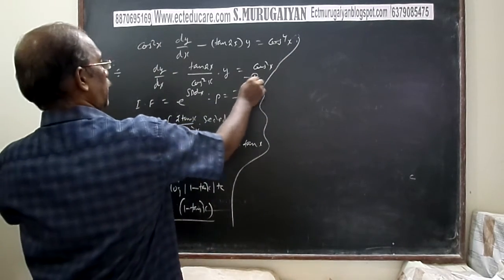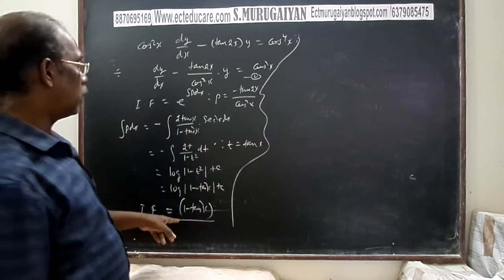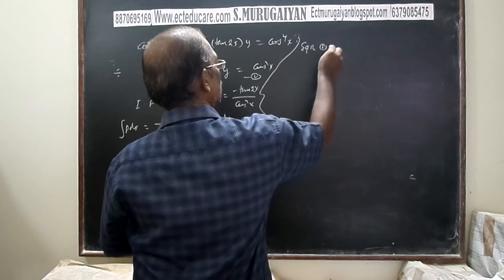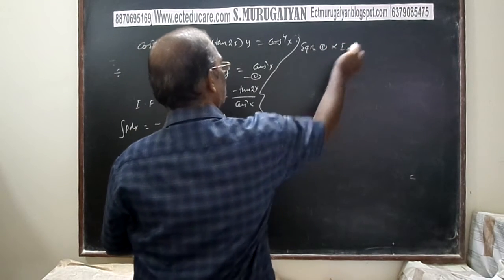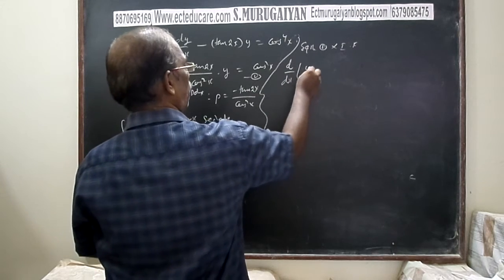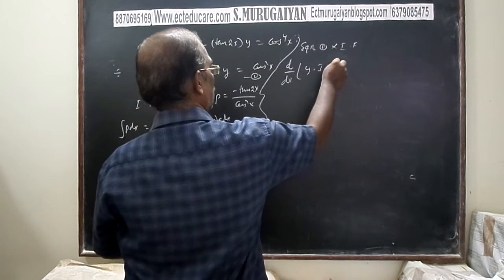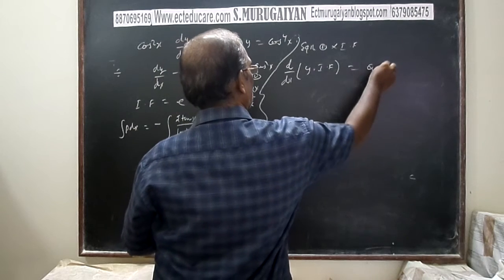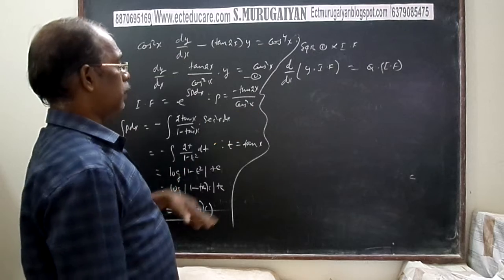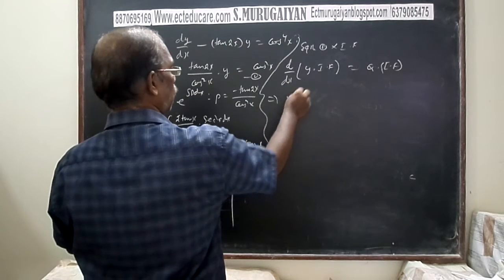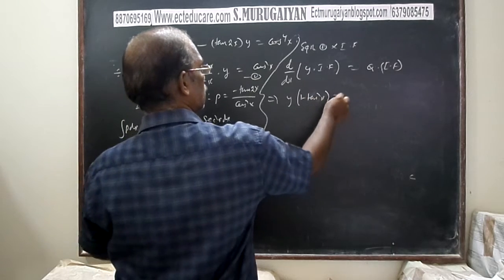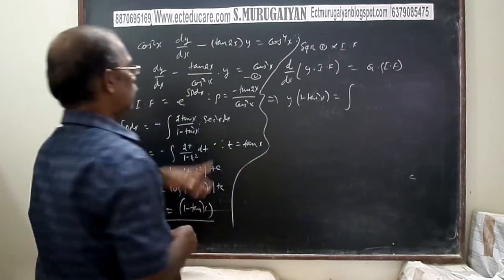Take this standard form of the equation and multiply equation 1 by the integrating factor. What is the resulting differential equation? d by dx of y times the integrating factor is Q times the integrating factor, because of the exact nature of the differential equation. After integration, y times the integrating factor 1 minus tan square x equals the integral of